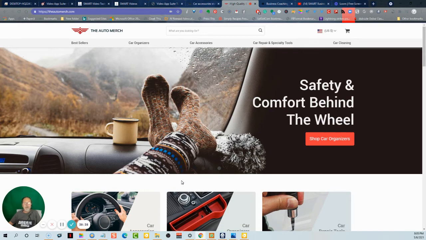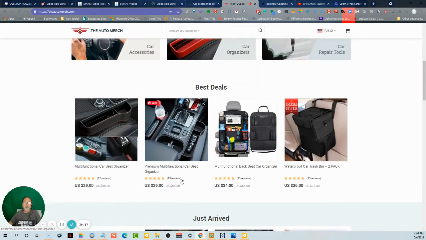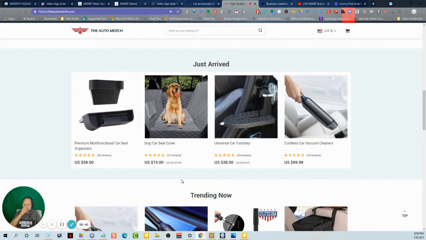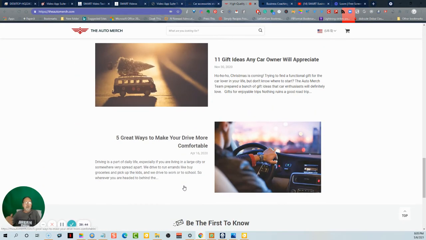Traffic is not a problem, except you want your expenses to be low. So that's why you do all the social and then the blog posts and use SEO and keywords, and you want to build a list, because then you can go out and market to them.